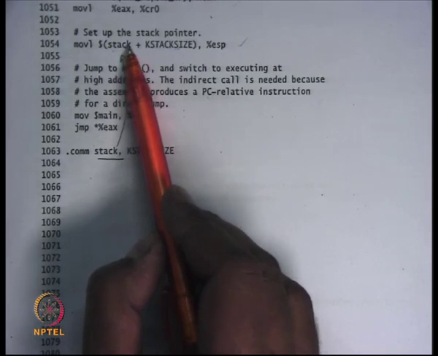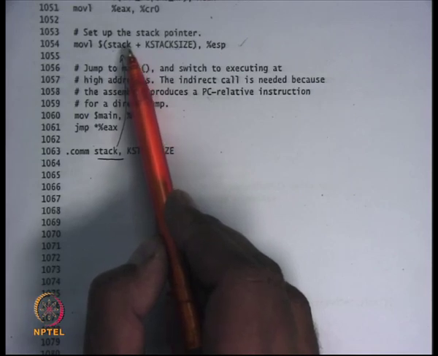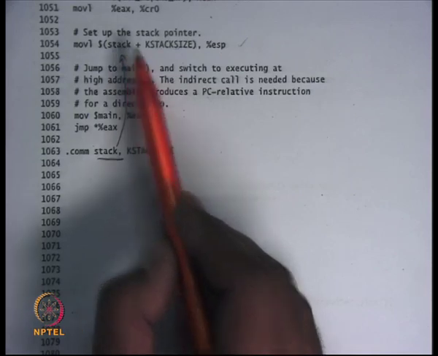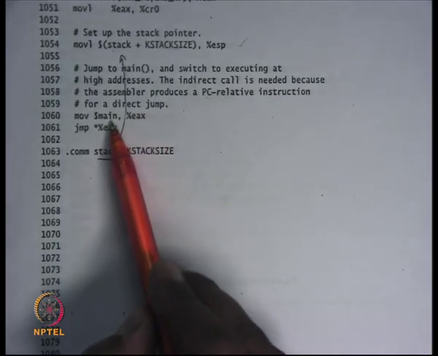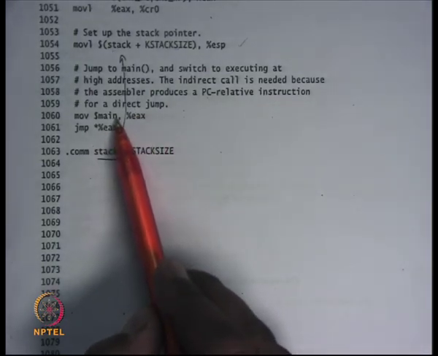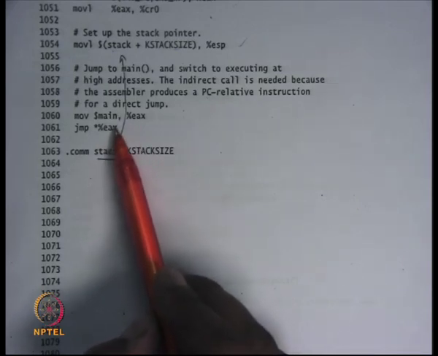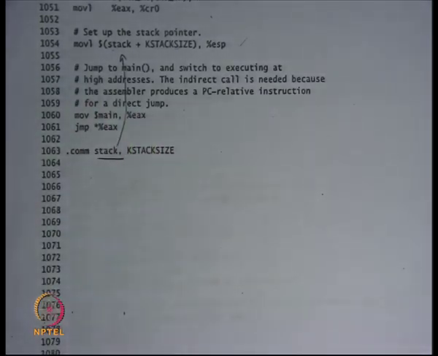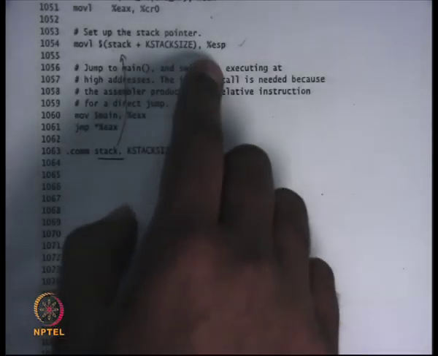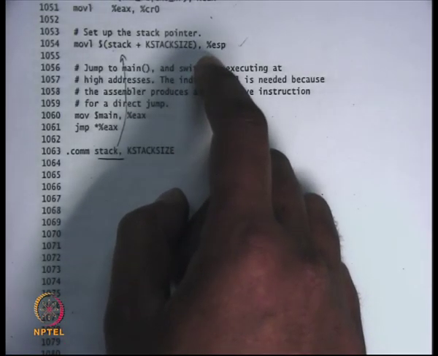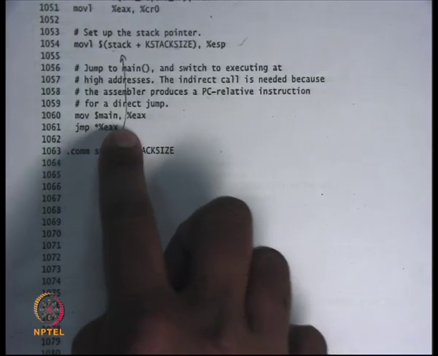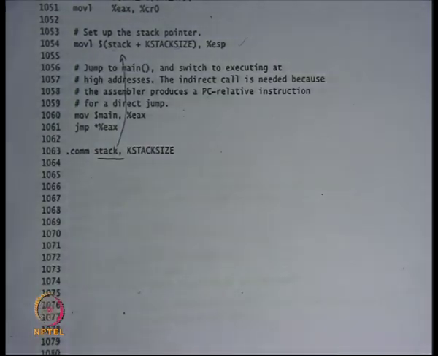So it's interesting. At this point you don't need to do any conversions from V to P, right? Because a stack having an address above 2 GB is a valid address. You are already in the new address space. Similarly, main is a kernel symbol which will also have an address above KERNBASE, and you're going to jump to main. The moment you do that, you have reloaded your EIP with a kernel virtual address above KERNBASE. So you loaded ESP with a kernel virtual address appropriately, and here you're going to load the EIP with a kernel virtual address.